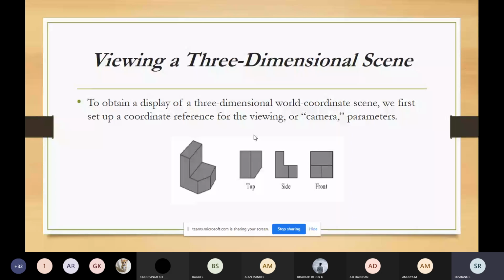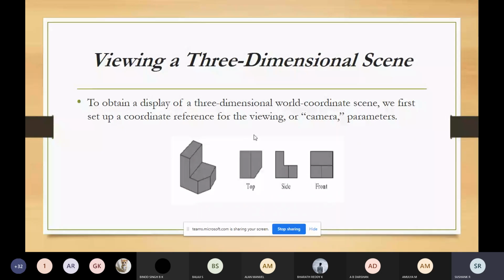The parallel lines along the viewing direction will appear to converge to a point in the background, and the objects in the background will appear smaller when compared to the objects in the foreground. So the objects in the front will look bigger when compared to the objects in the background.